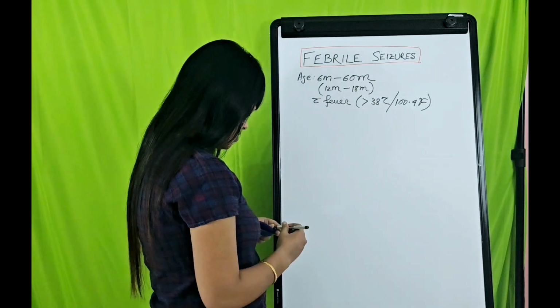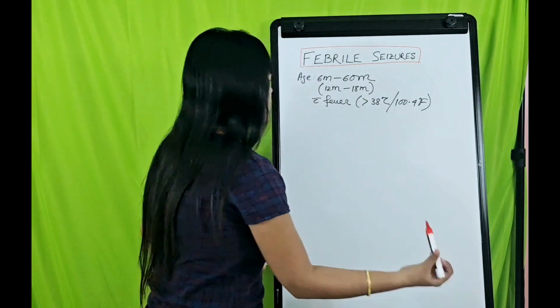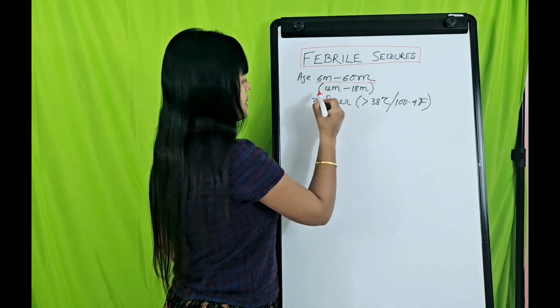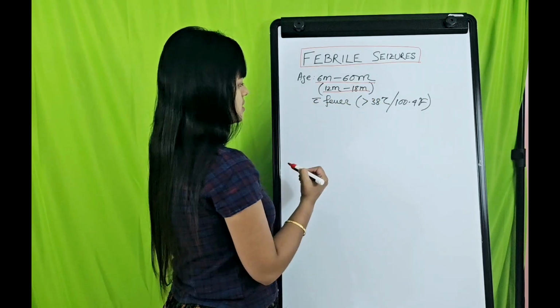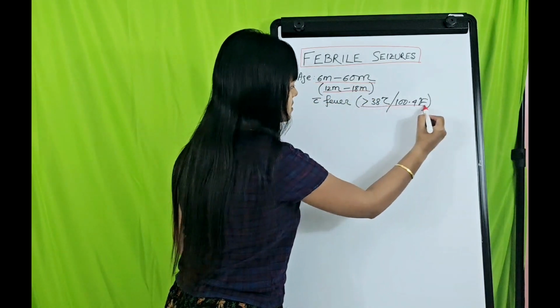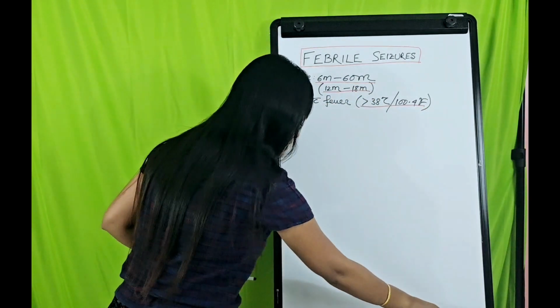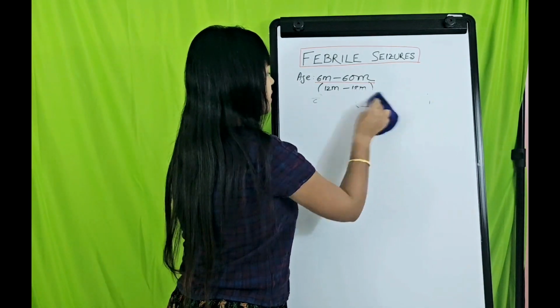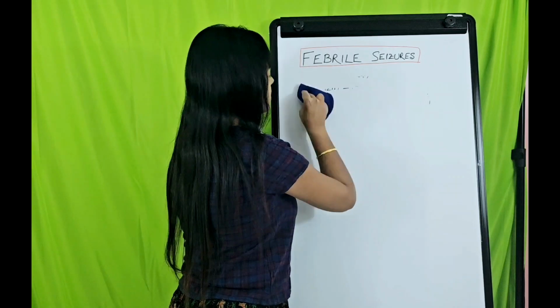Clear? So again, do not miss this particular points: the age group 6 month to 60 month, peak age group 12 month to 18 month, and fever is more than 38 to more than 100.4 degree Fahrenheit. Okay, now